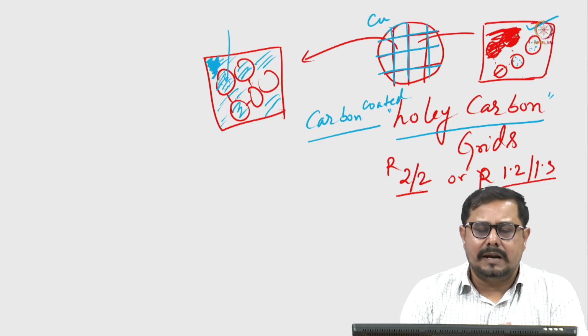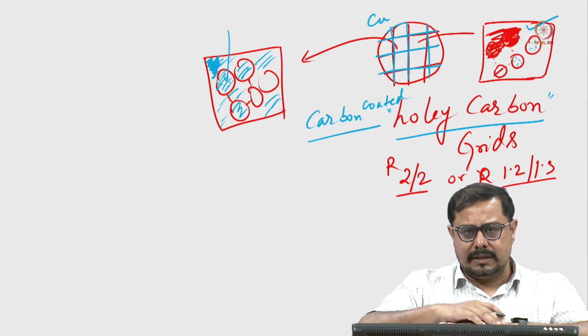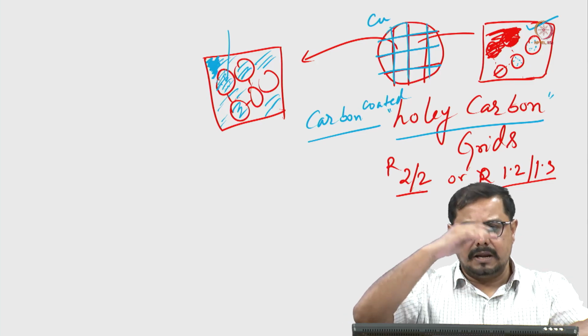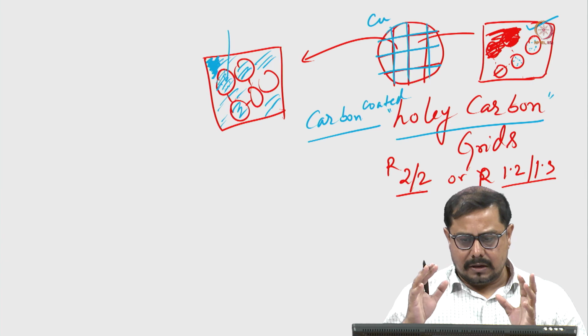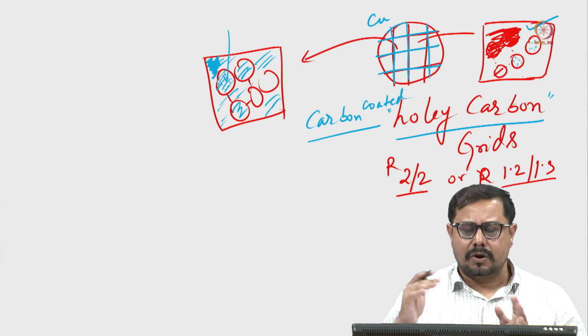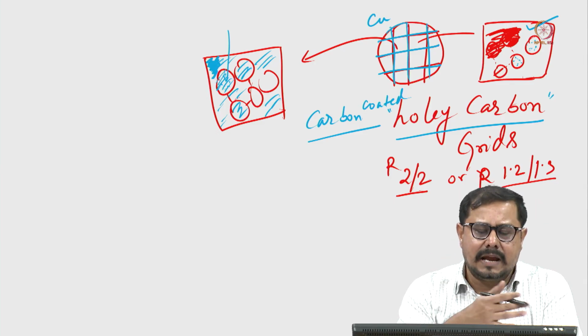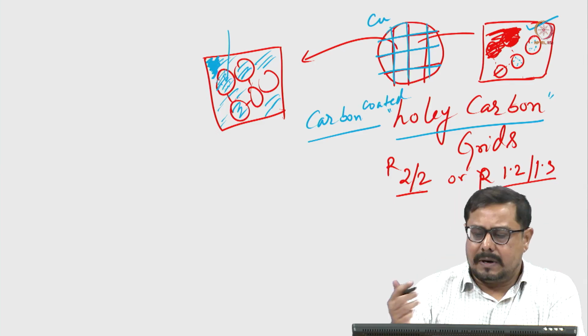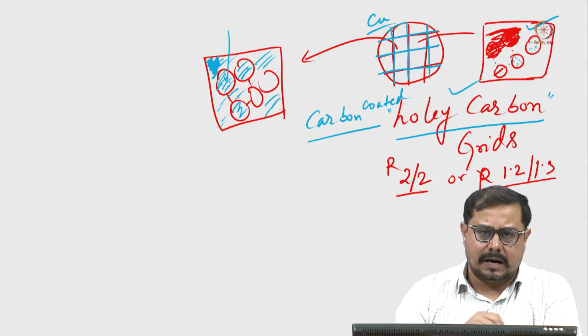Sometimes that gold grid is very helpful because the deviation between that carbon layer and the metal will be different, and it will be giving a very good signal when we are using a gold grid. For some proteins we can see it is really helping if we use the gold grid, but most of the time we are using the copper and then the normal holey carbon grid.